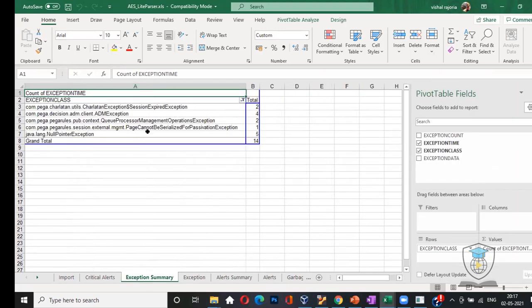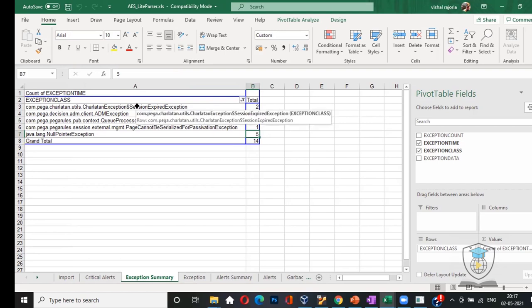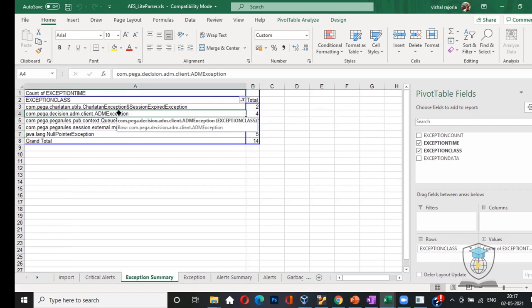See, what is the purpose of this exception summary? I have got null pointer exception 5 times. You will easily get the issues which are coming 100 times, 200 times, 150 times. It will automatically catch your eye. Moreover, you can analyze here. This is just an interaction error. Right now it is not priority, but this is a database exception. I have to give priority to this. Let's see why it is coming. This is an issue in queue processor. Okay, it will be a problem for me. So you can analyze based on criticality.